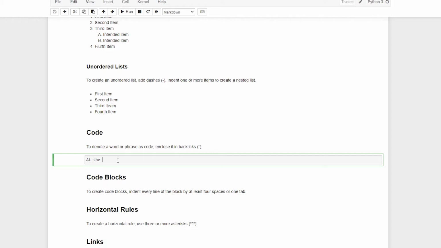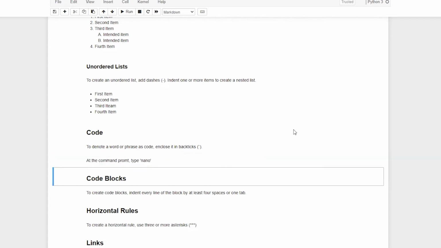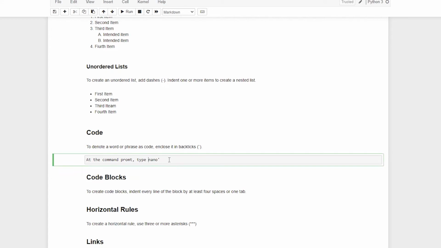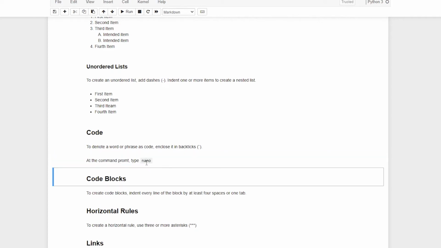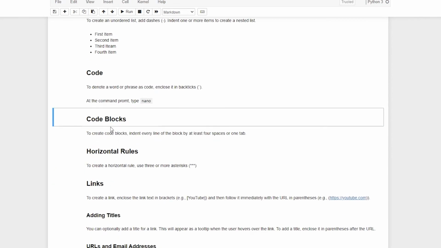I'm just going to write this one at the command prompt type. Now I'm going to use these backticks and nano. Now if I press shift enter, why didn't it work? Okay, that wasn't a backtick. That's not called a backtick. Come on, this is called a backtick. Near your escape and next to number 1. This is the backtick. There you go. That's a backtick. Now if you want to just write a word as code, you use backticks. But for instance, if you want to add a code block,